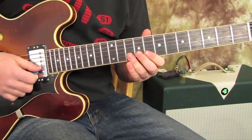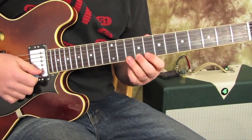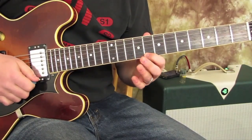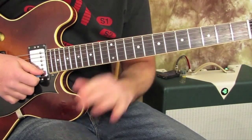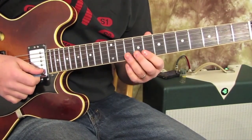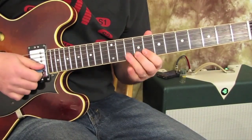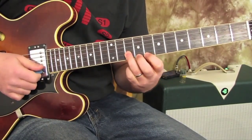Okay, now you can play the 8 and 10 on the high E. And the great thing about that is that's actually in the major and the minor pentatonic. So something that's going to work really well, whether you're emphasizing major or minor, is the 8 to 10 on the high E. So look at that, you can go 8, 10, then roll your ring finger over to the 10 on the B,